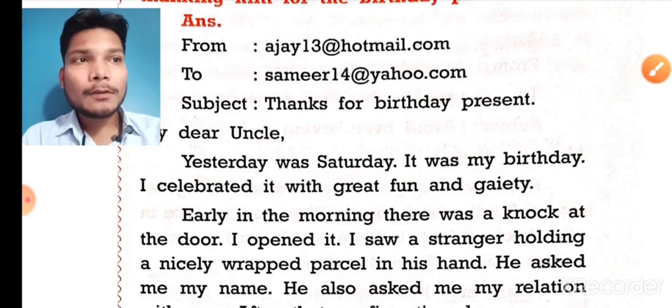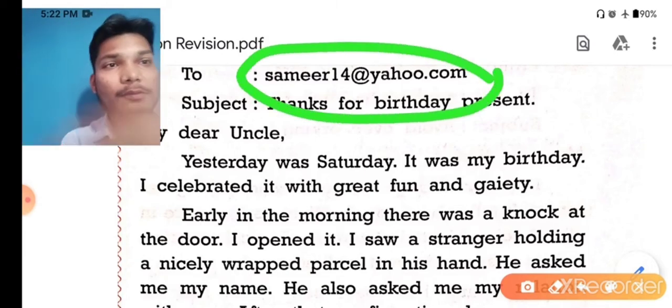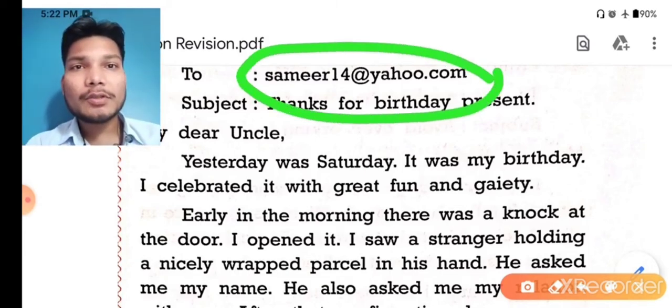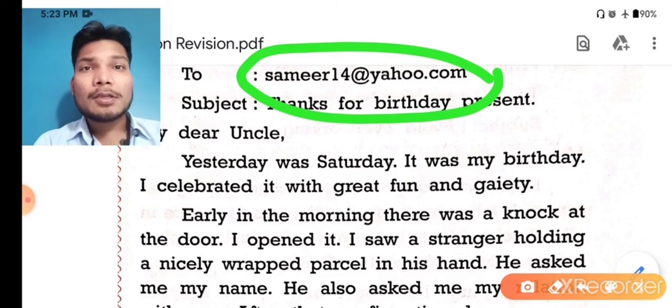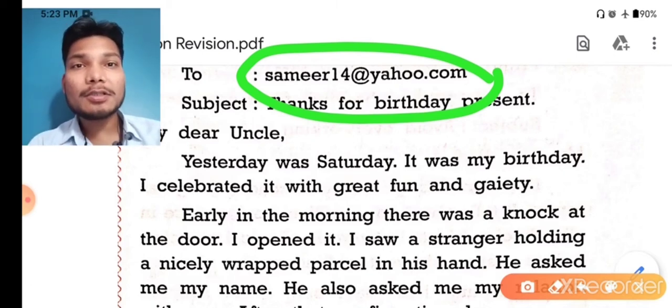fine, just a minute, wait for it. What I want to explain, that is this. See, okay, so that is, the email ID should be written in small letters. Don't use capital, don't use space between writing your email ID, okay.